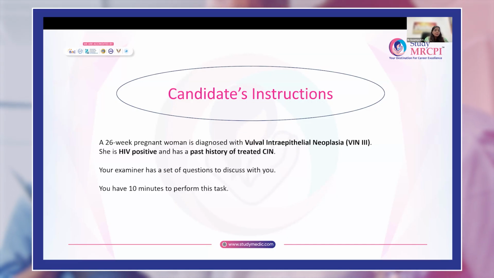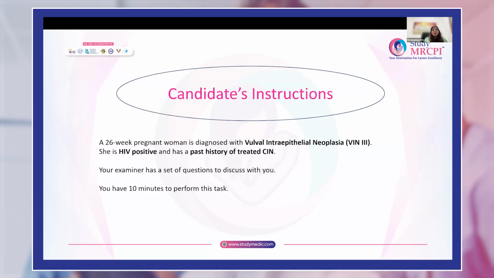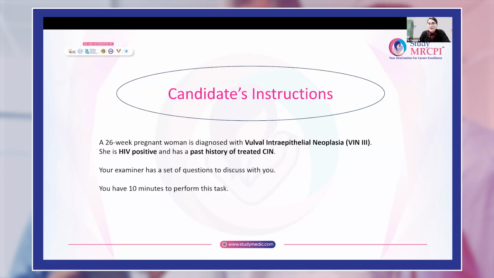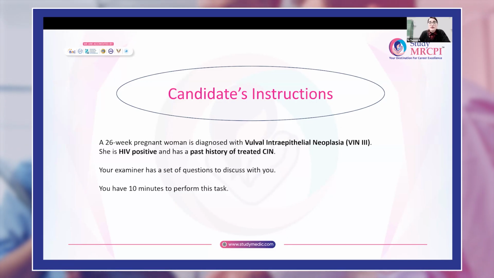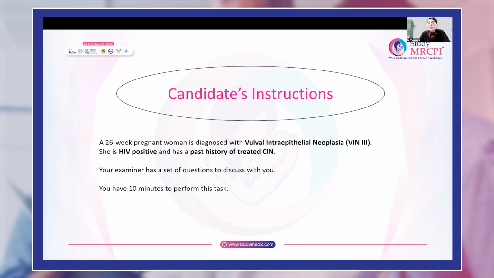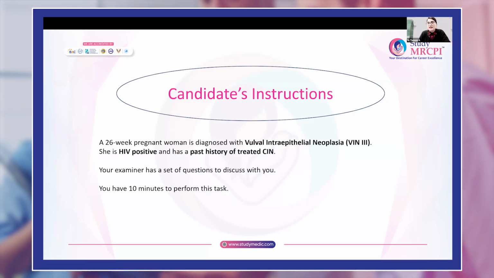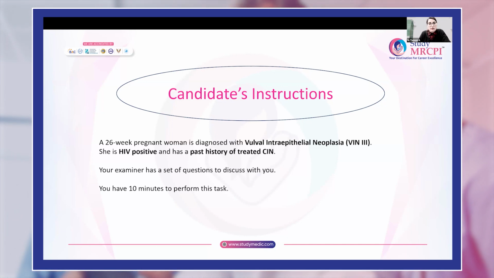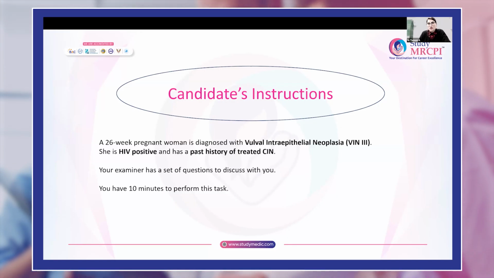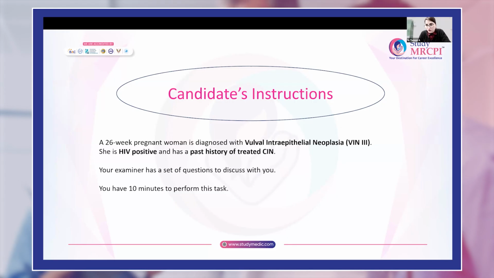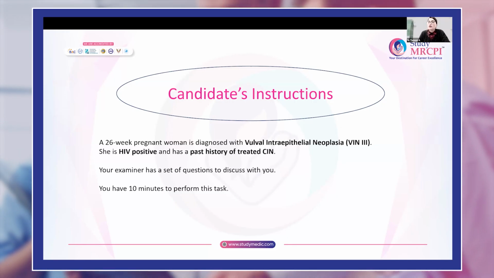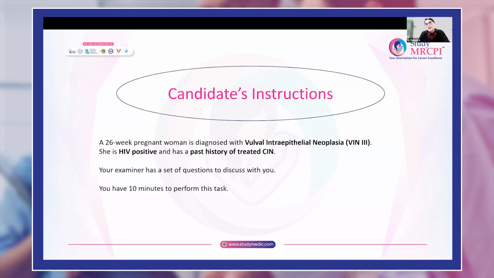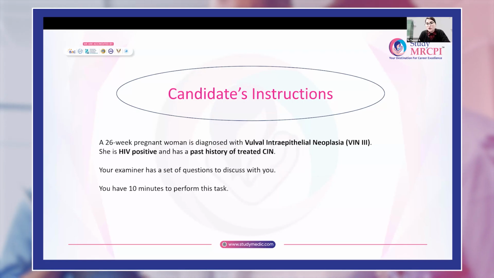Any specific, you have already mentioned the postpartum plan, but anything else you want to add? The woman should be counseled about the definitive treatment and appropriate follow-up, as that is very, very important in this case. So lower genital tract assessment for the status of the cervical disease, which was previously treated, and the vulva and vagina should be examined, and she should be advised of adherence to the long-term follow-up for her HIV status, for her vulval disease, if it is treated, and also for her cervical disease follow-up. That is very important. So all these three aspects should be kept in mind.